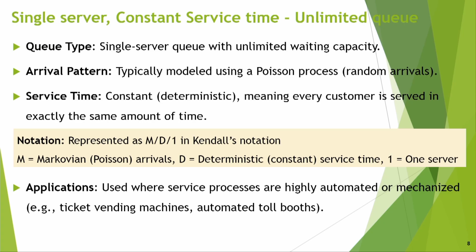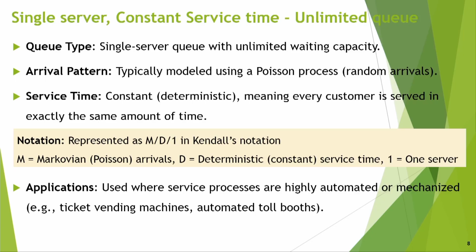constant service time, unlimited queue. Suppose the service time is constant only, that means there is no normal distribution, that means sigma is equal to 0. So the queue type can be a single server queue with unlimited waiting capacity. Arrival pattern is typically modeled using a Poisson process, random arrivals. If it is a fully random way, then Poisson distribution suits. Mathematically, it can be proved that it is Poisson distribution. Service time is constant, which is called deterministic, meaning every customer is served in exactly the same amount of time. And the notation is represented as